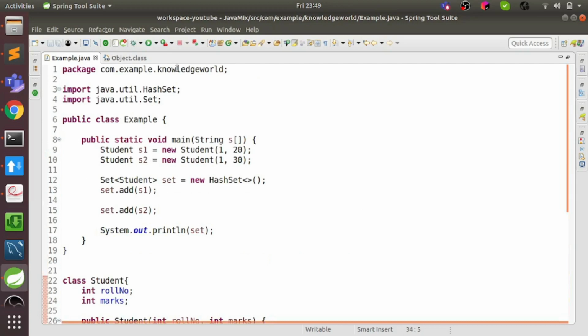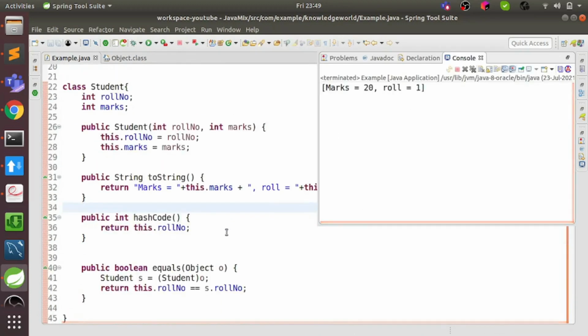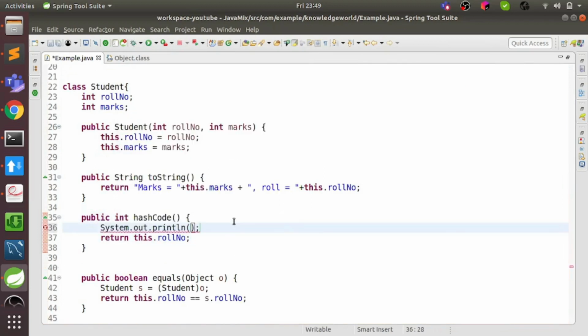Okay, so now if we run it, there is only one element. I'll just print some logs inside the hash code and equals methods, so it will make much more sense.